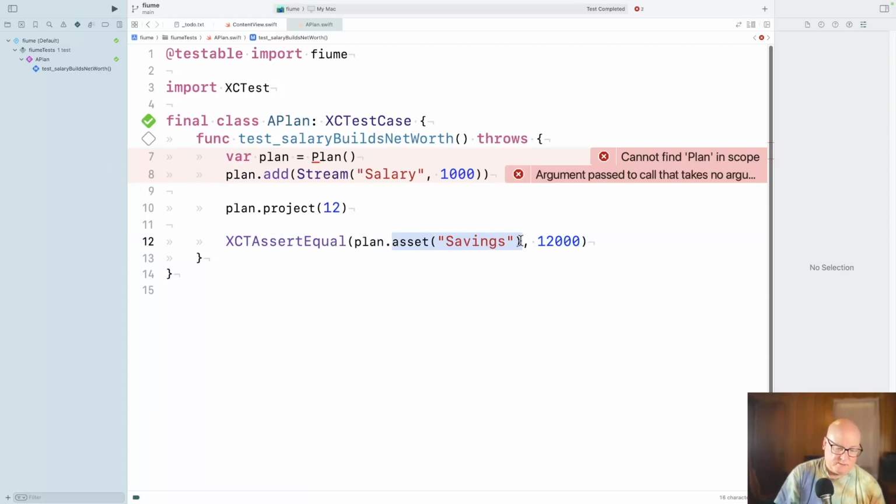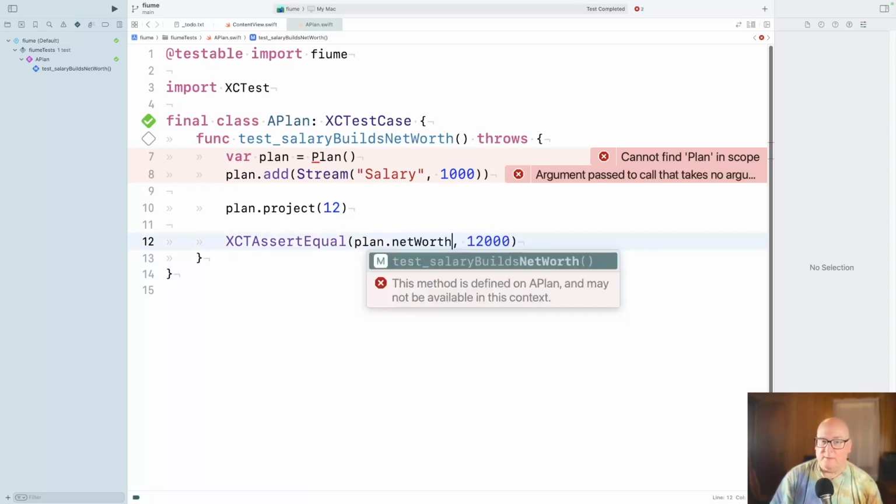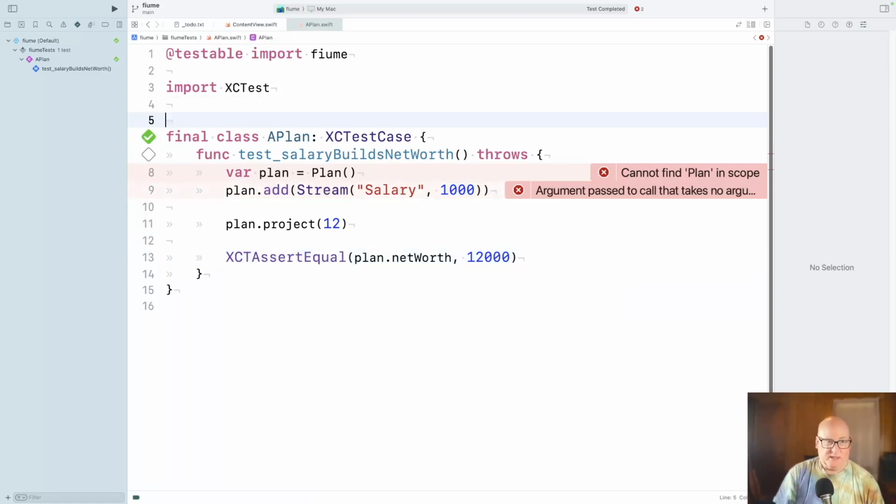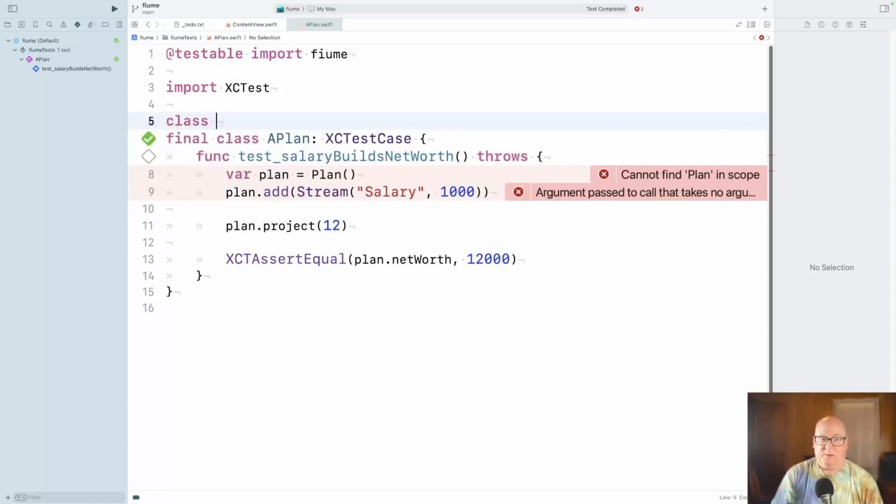Maybe this is your net worth. I don't know. Does that seem to belong on the plan? Let's start it there. Well, we're going to add some, we'll do the class in here for now.